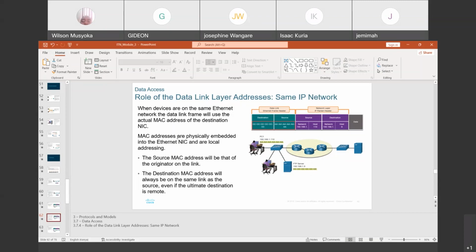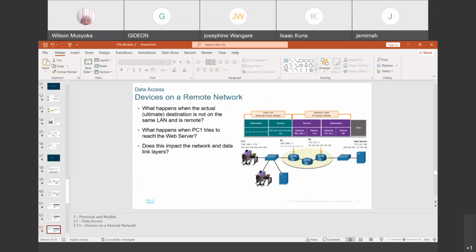These ones are physically embedded into the Ethernet card, and are local addressing. So the source MAC address will be that of the originator on the link, and the destination MAC address will always be on the same link as the source. Devices which are on a remote network, they will have some differences.